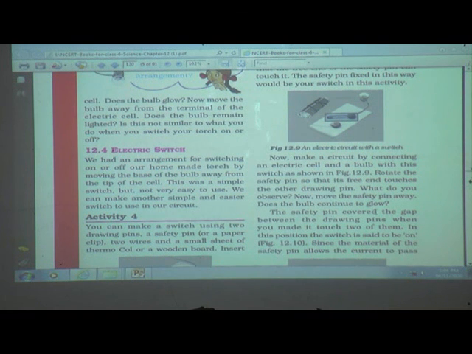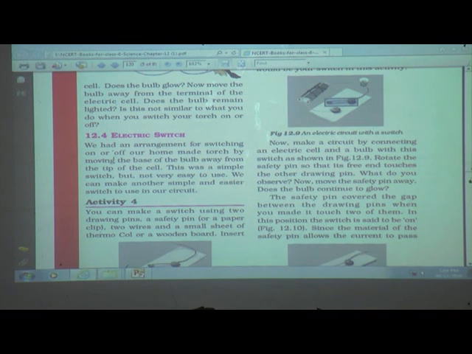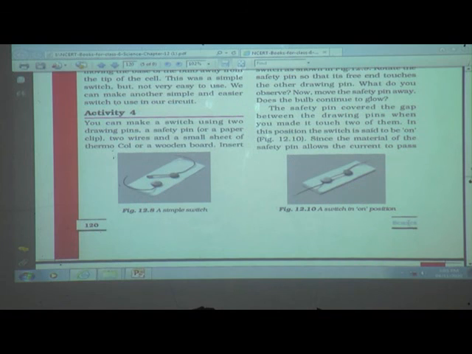The safety pin covers the gap between the drawing pins when you made it touch two of them. In this position, the switch is said to be on since the material of the safety pin allows the current to pass. Okay. See, a switch is in on position. Here is an on position, you can see. And when we remove this safety pin, the switch will be off.